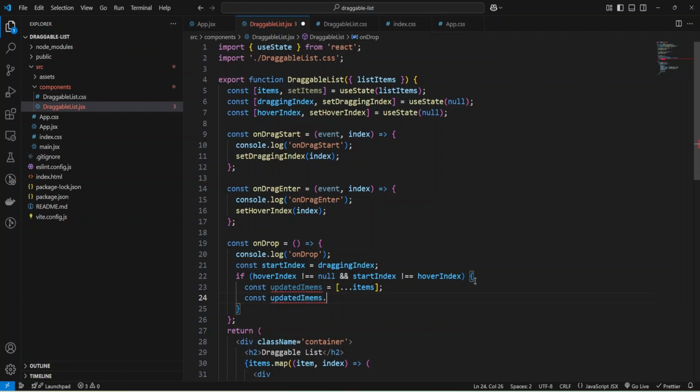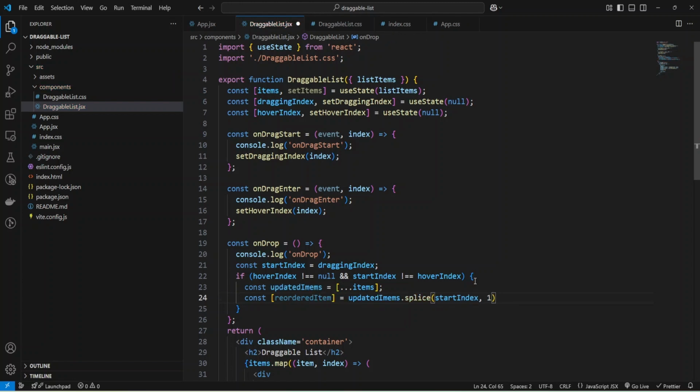On updated items, I use the splice function of the array, and I'll provide my start index, and will remove this index from my array, and will store it in reordered item.